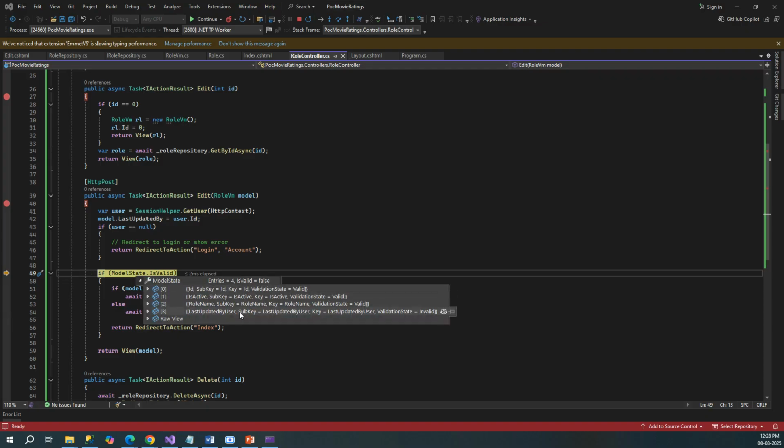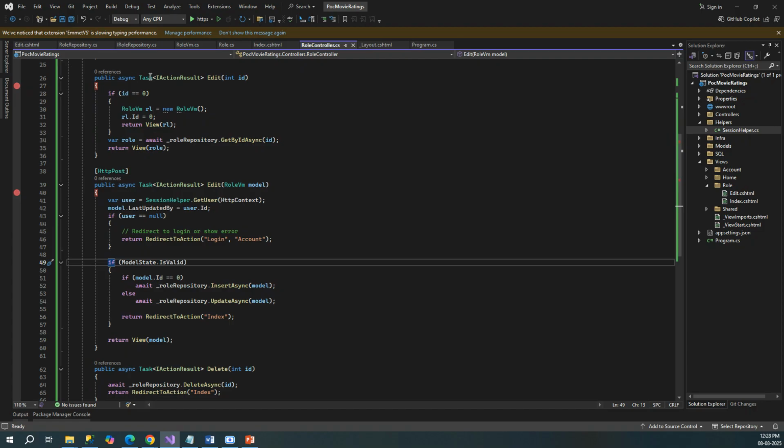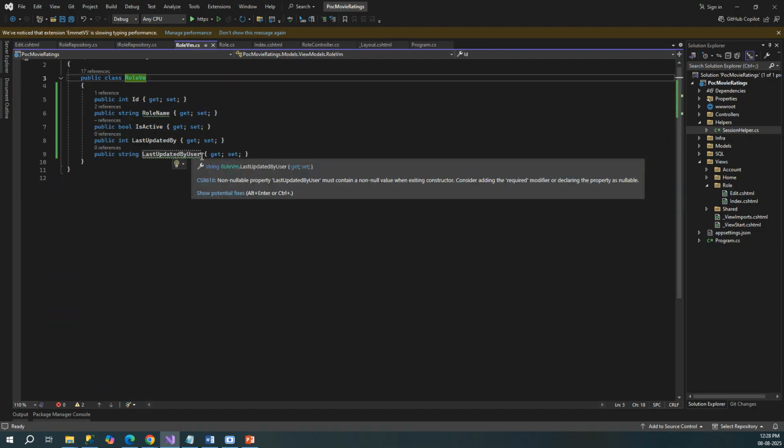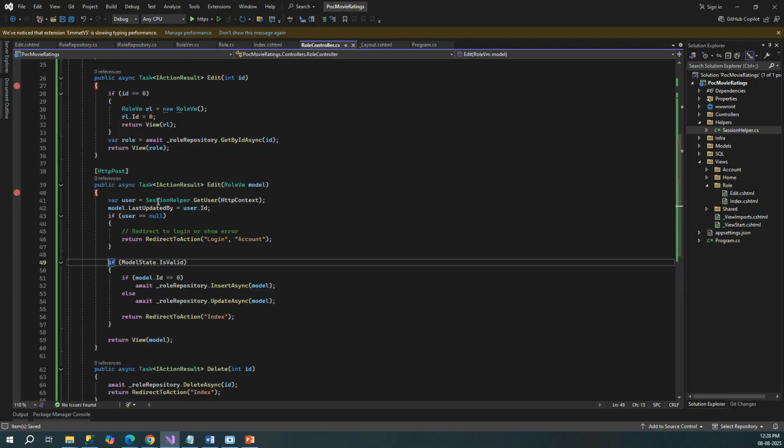I think we'll have to mark the username property of user as nullable. Okay, I got this. Since we created the property as mandatory, it is creating a problem, right? Ideally, while we are creating the role, the username is not required over here. We are just using it to display, right? So while creating, either we can have a separate role VM that does not have this, or we can mark it optional so that it is ignored while doing model validation, right? So let's go ahead and